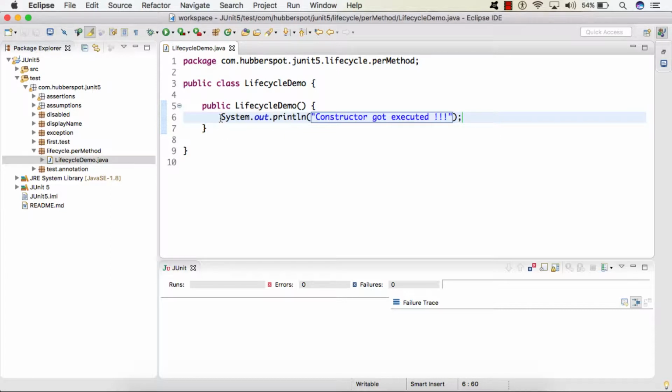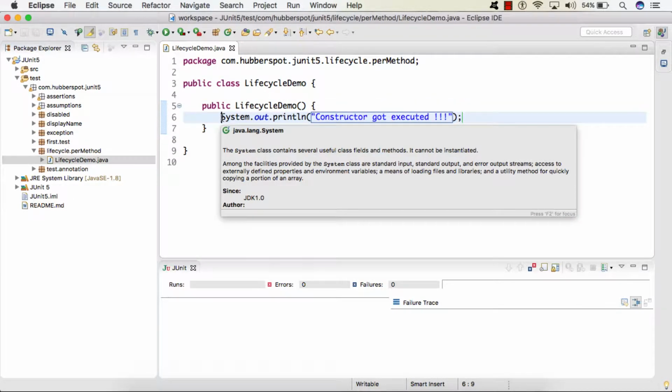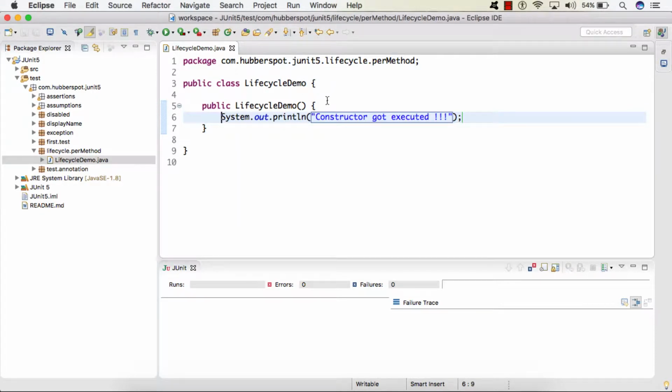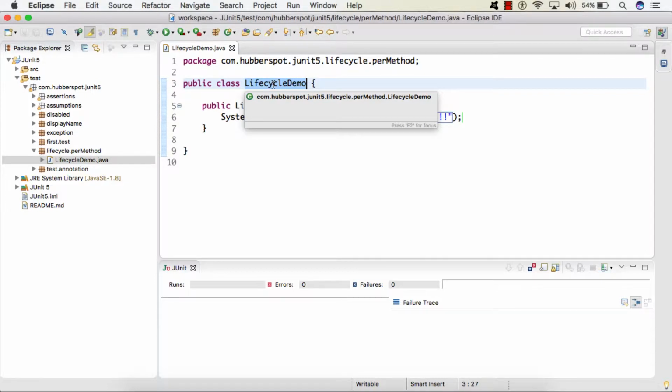Here I am putting this sysout simply to demonstrate how this lifecycle works. Whenever an instance of a test class is created, the constructor is called. So when we print this line on the console, we will come to know exactly when the constructor of this test class gets executed.